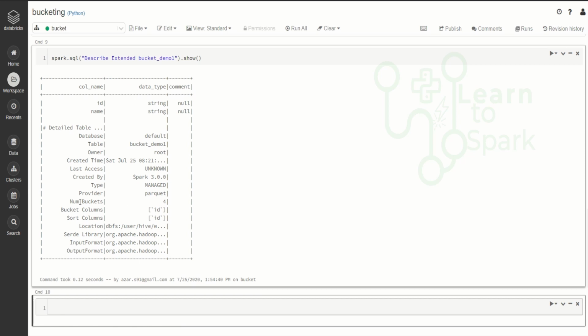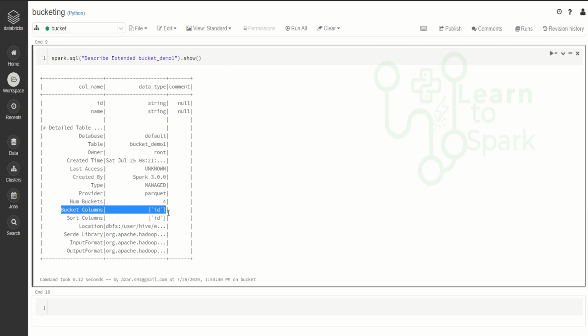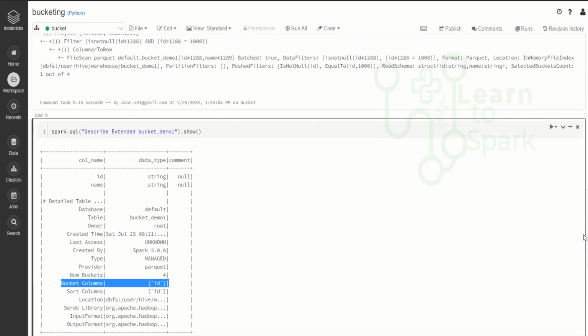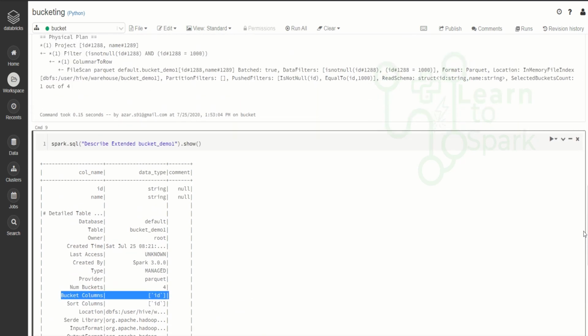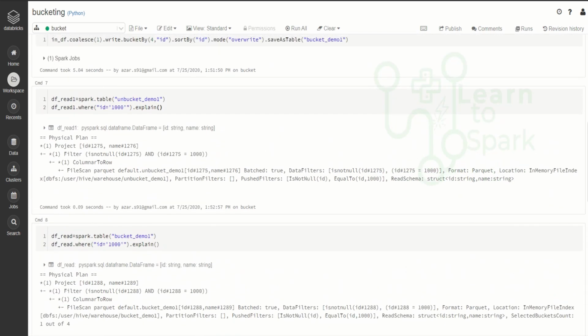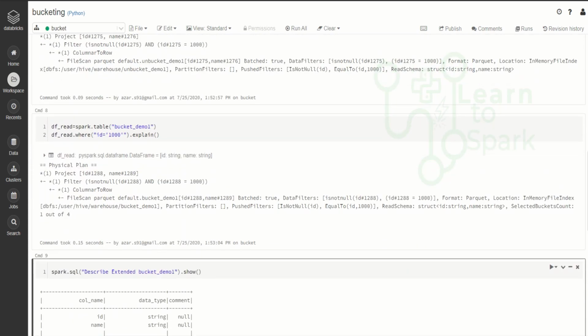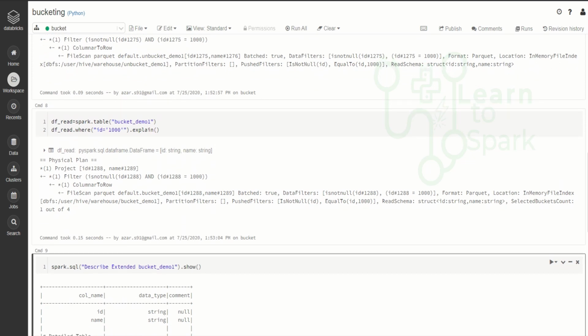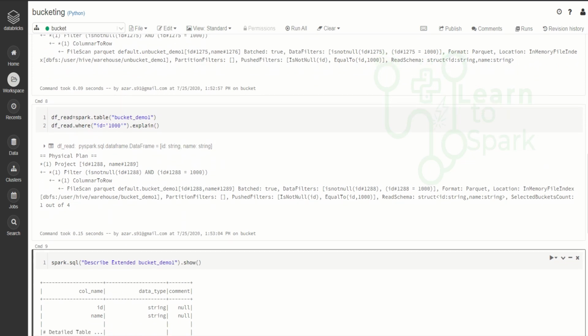In the bucketed demo, you can find a difference: we have a number of buckets and also a bucketed column. In this way, Spark will understand that this is a bucketed column and this is not an unbucketed column, I mean a table. So in this way, we can improve our performance. Try this on your projects and try this on your own machine to understand this concept. If we have a bucketed source table, then it is easy for us to join, and it will improve the performance while having a join as well.